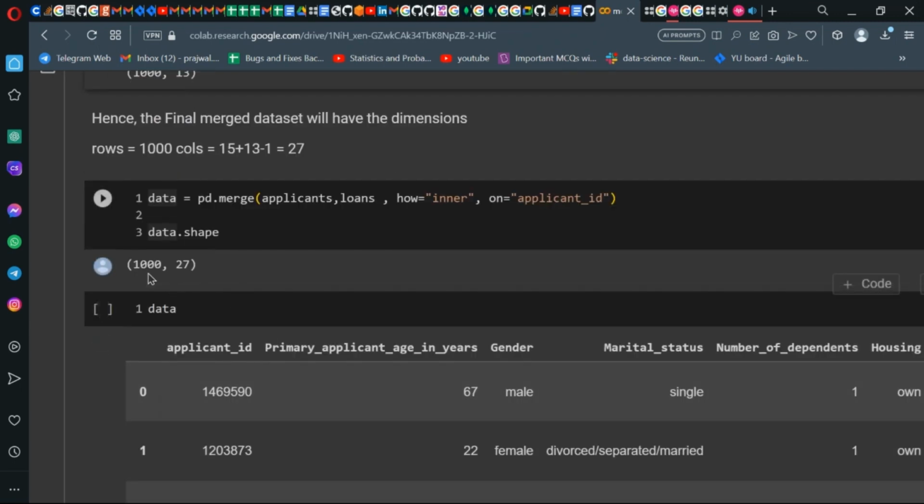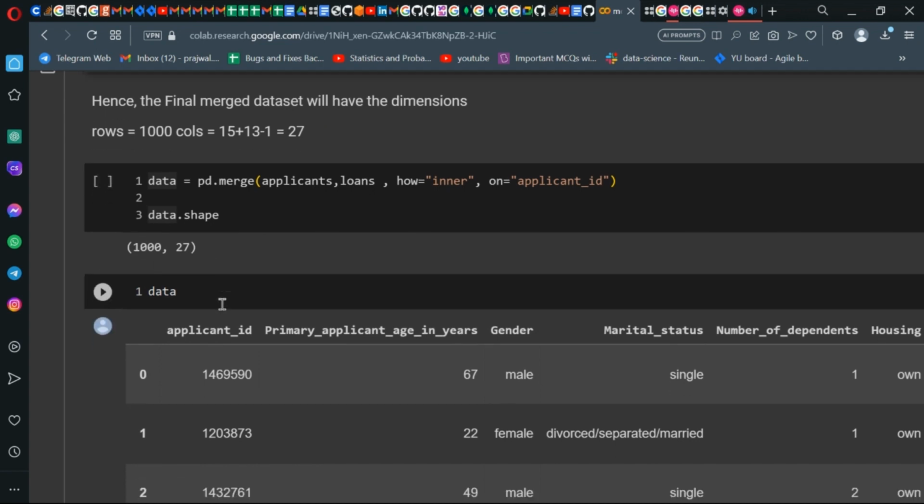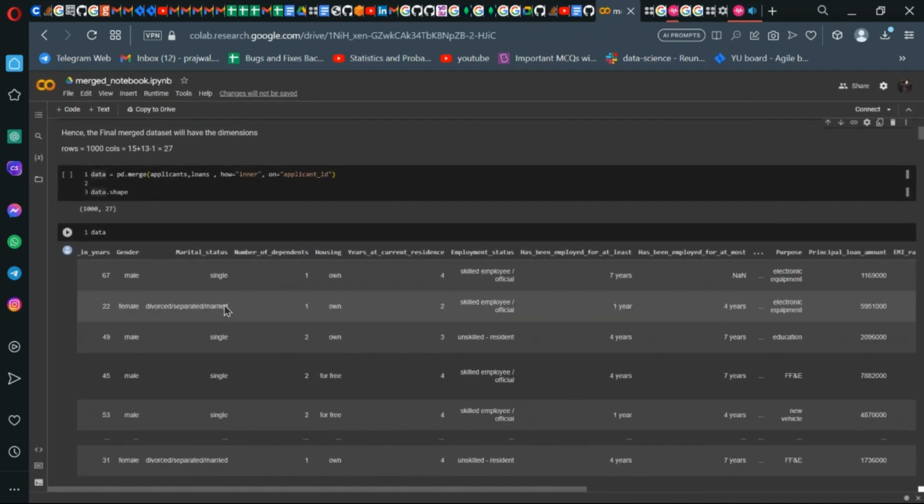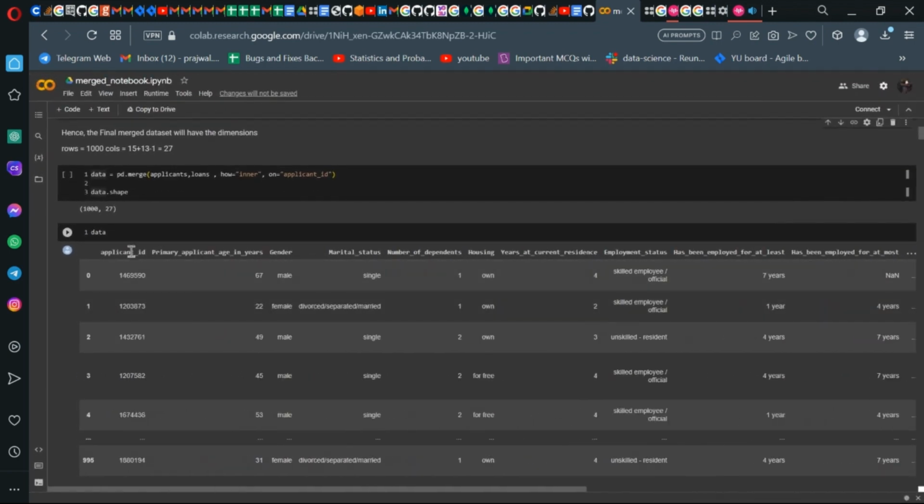So as you can see, in the final merged data set we'll have the shape of 1000 comma 27. Now this 1000 represents records and 27 represents the columns. Now this is how the data looks like. We have applicant ID, then age, gender, marital status, number of dependents, etc. Moving forward, we'll have to do a lot of analysis of this data, that is, how the data is spread,